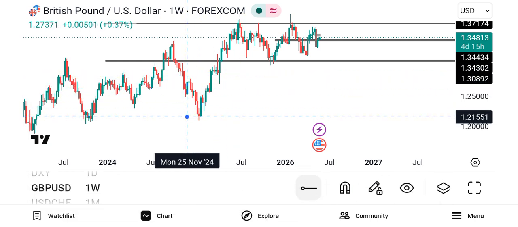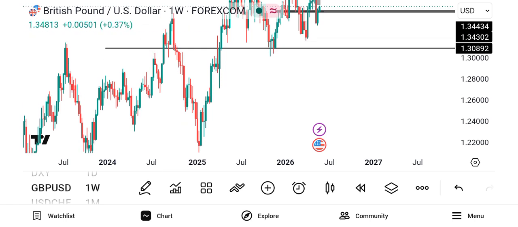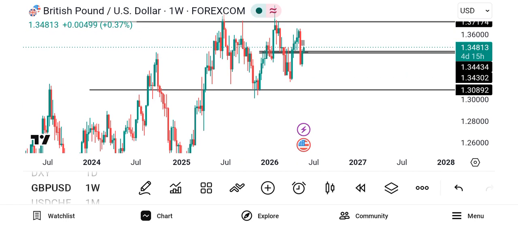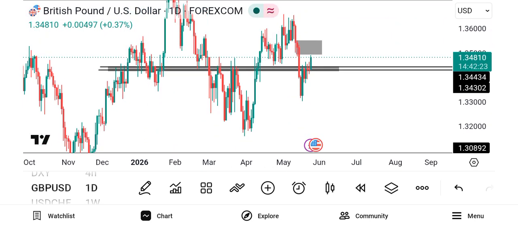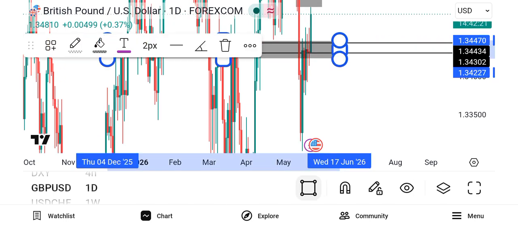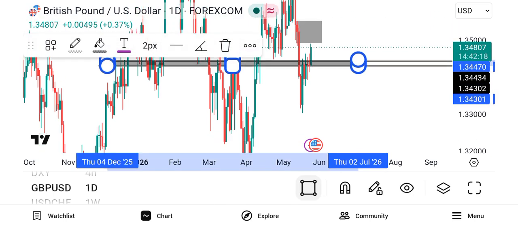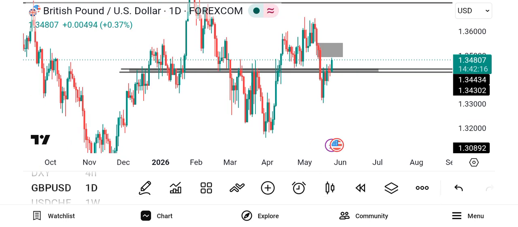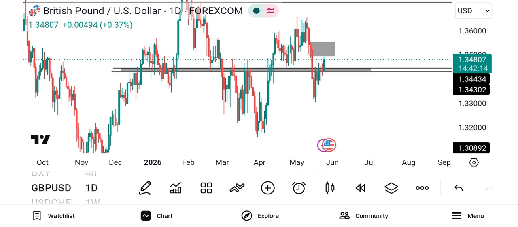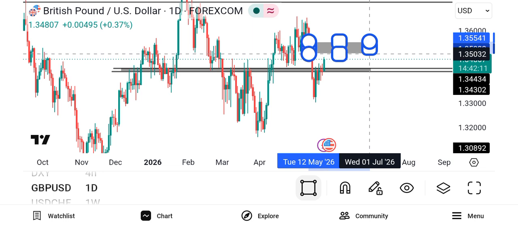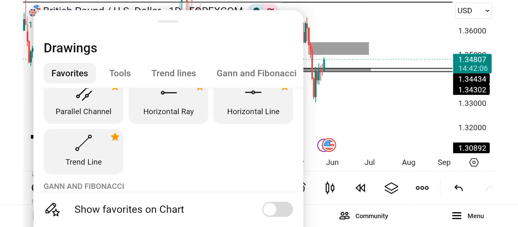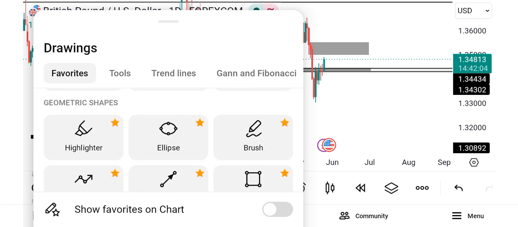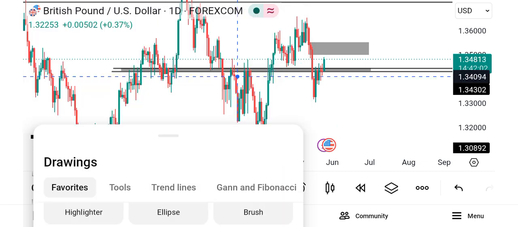But I'm still hoping that the market will break to the downside, because I've been calling this particular pair for a very long time. But in case it doesn't happen, if the market does not give me what I looked for in this particular zone here, in this supply zone, then I have to change my bias. So you should know that this is a supply zone where I'm keeping my eyes to sell from. If I see a proper confirmation there, I'll be looking to sell from this zone here.